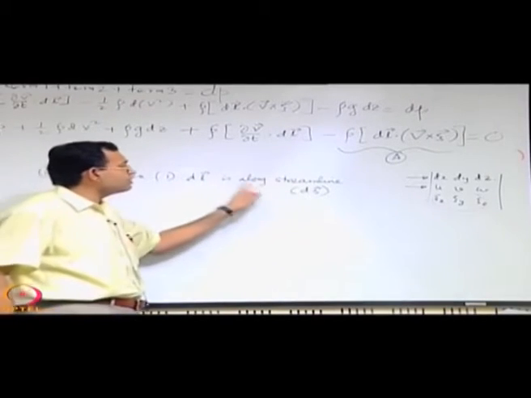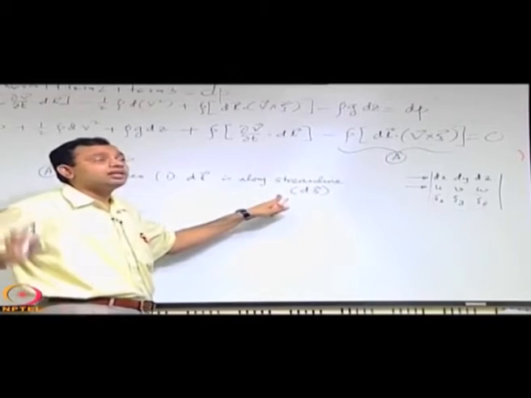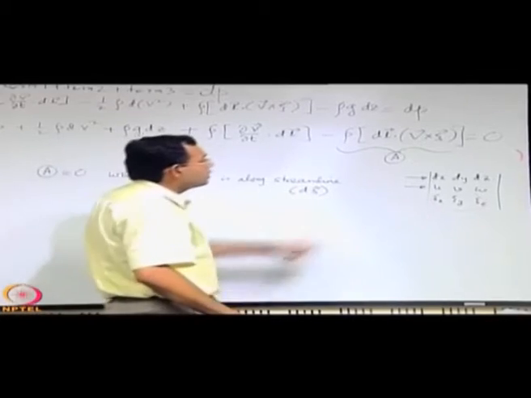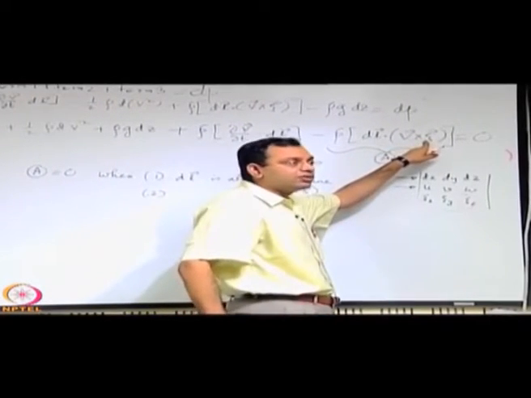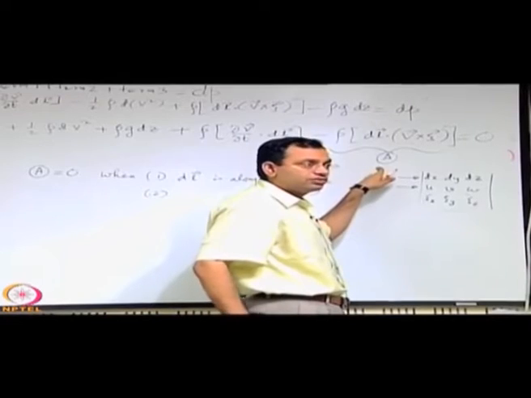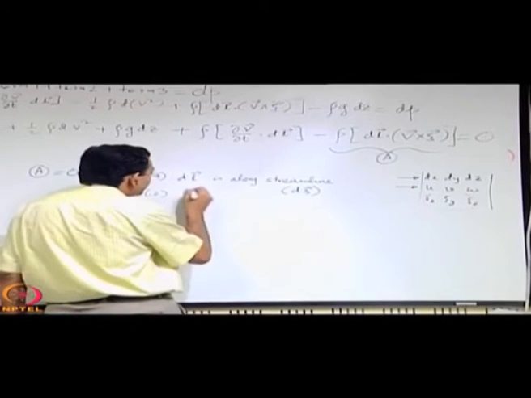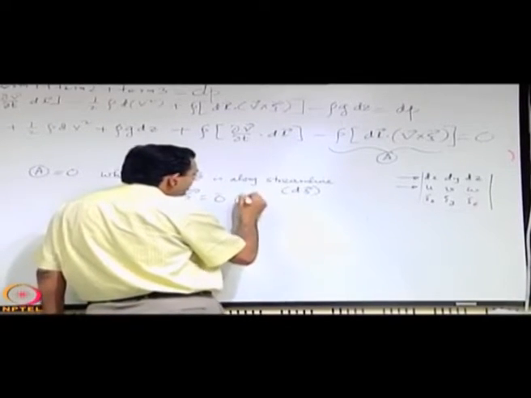So if dl is located along a streamline, then we do not care whether it is a rotational or irrotational flow. But if it is not, and the vorticity vector is identically equal to 0, then A will become 0, no matter whether dl is located along the streamline or not. So when the vorticity vector is a null vector, this is irrotational flow.